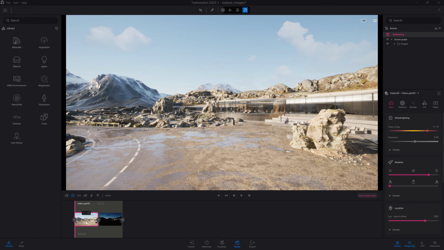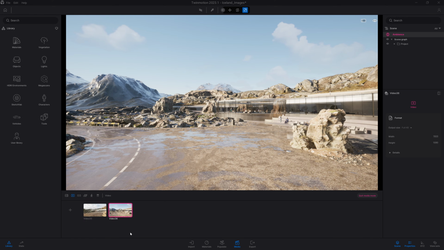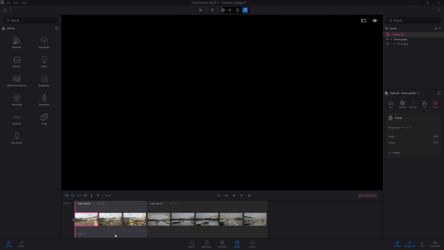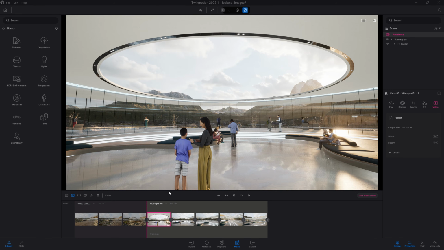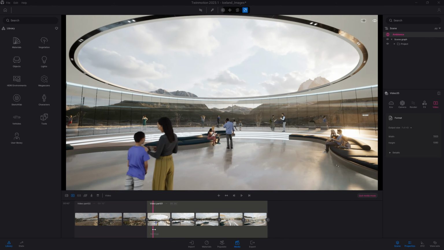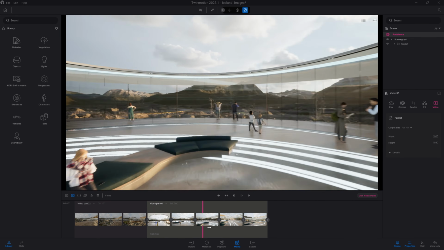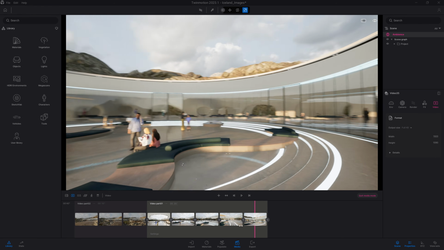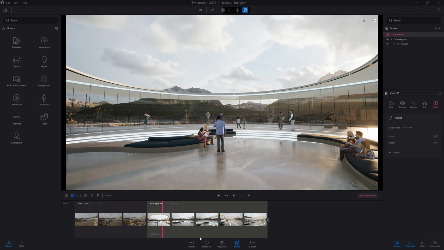Let's say you want to do a time-lapse, but you actually have multiple keyframes already in your clip. So let's click here. I will come back to my first video. And here, let's take, for example, this part. As we can see, we have 5 different keyframes. And let's say I want to do a time-lapse on this clip.